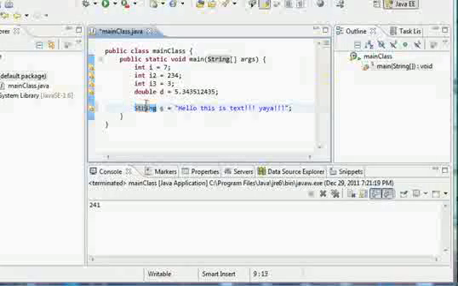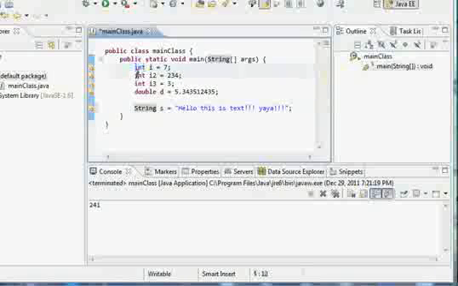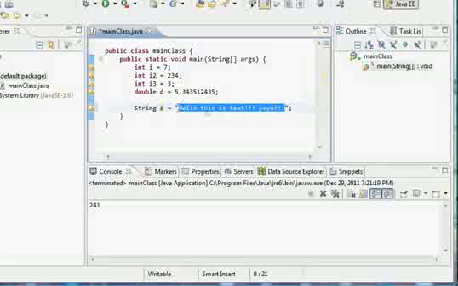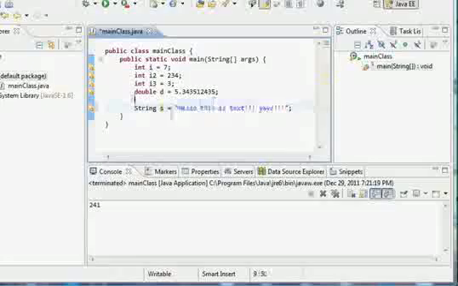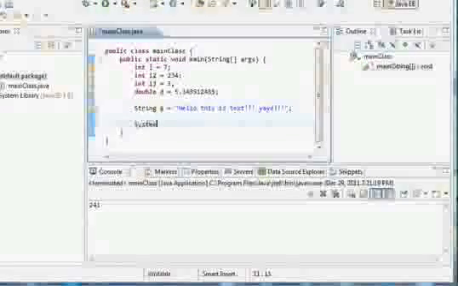String is another data type, and as you can see, we used it the same way we would have used any other regular data type. We put the string data type, we put the name of the variable, and now in quotes, notice, we have lots of letters, symbols, or text. So more or less, whenever we reference this S right now, so